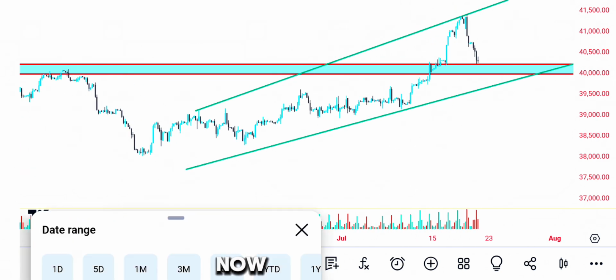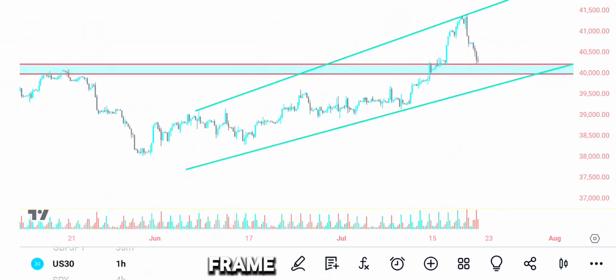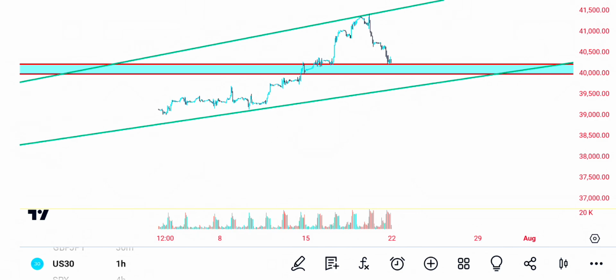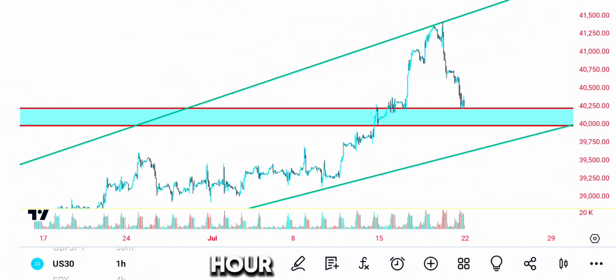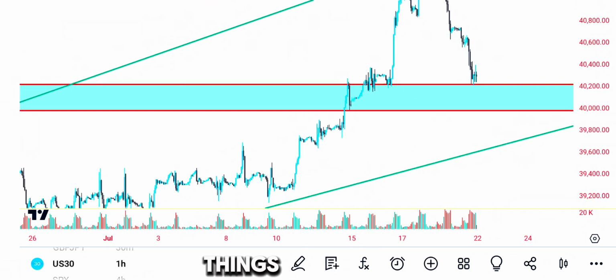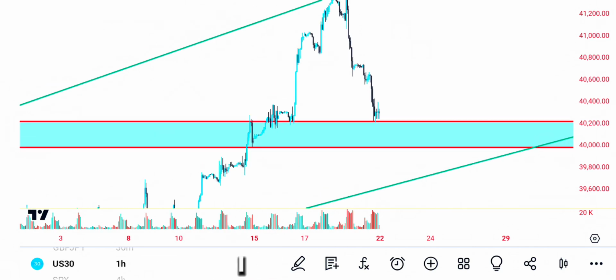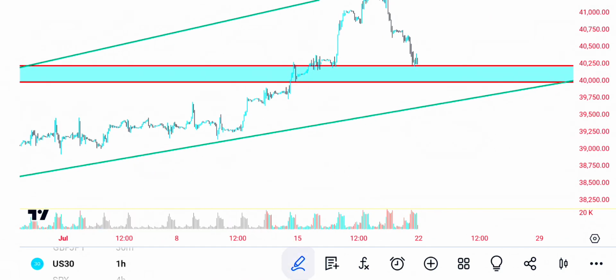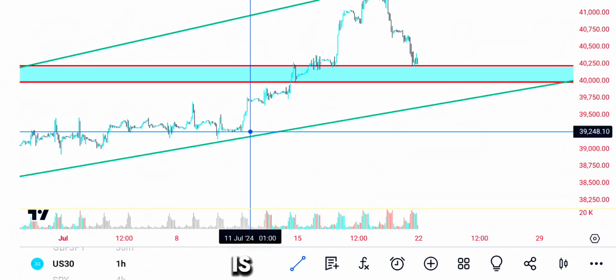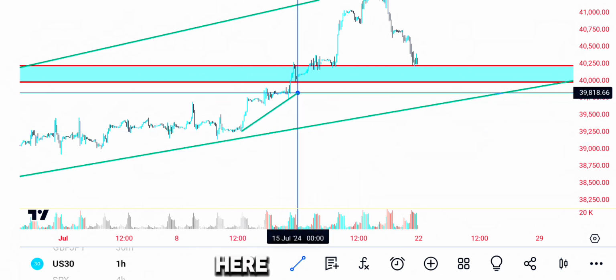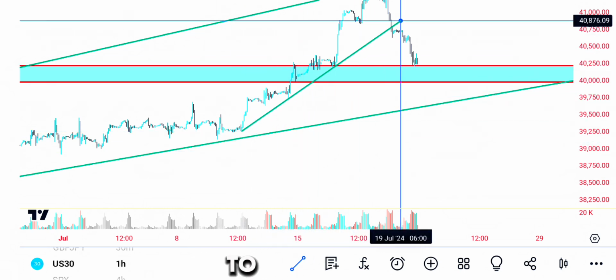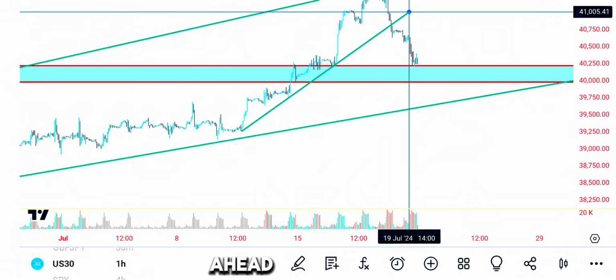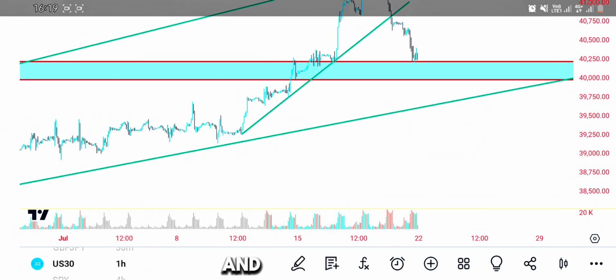And then now going to the 1 hour time frame. On the 1 hour time frame, that's where things were more visible, and that's where I could actually draw my proper trend line, right? So one thing I just did is that I dragged my trend line from here to this week right here to that week straight ahead, right? And